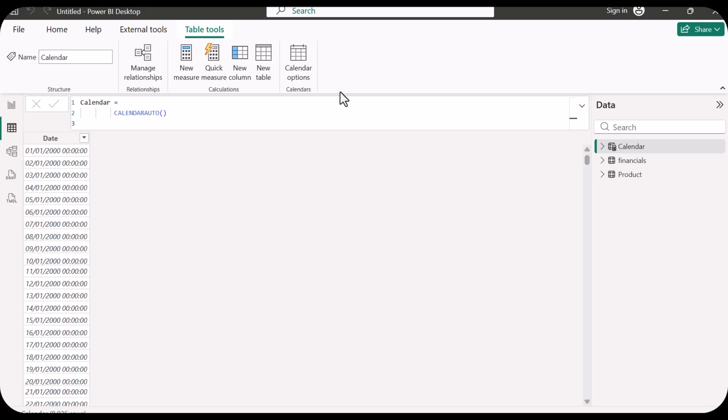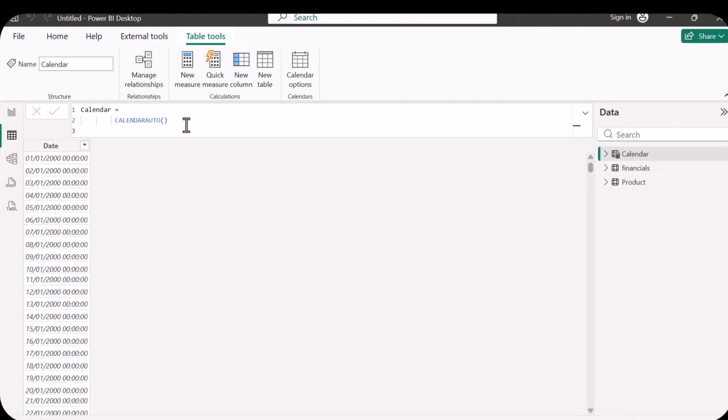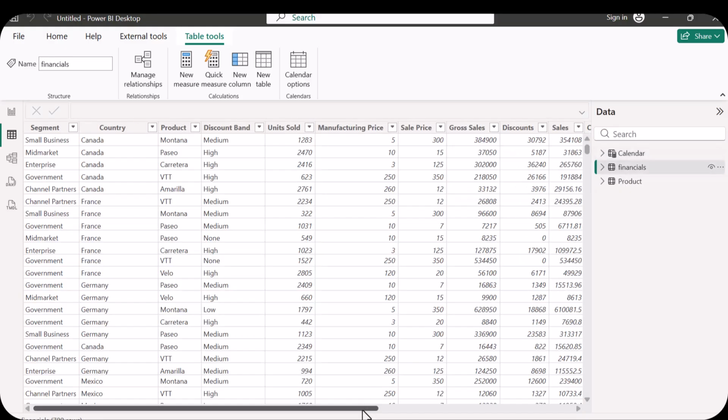Our best function for creating this table is usually the calendar auto function. But sometimes, when you use the calendar auto function and you somehow have some non-relevant or non-transactional dates inside your model, your calendar auto function can start at a period that is way too early than you actually need in your model. So for example, if I check in my fact table here, and I go to check